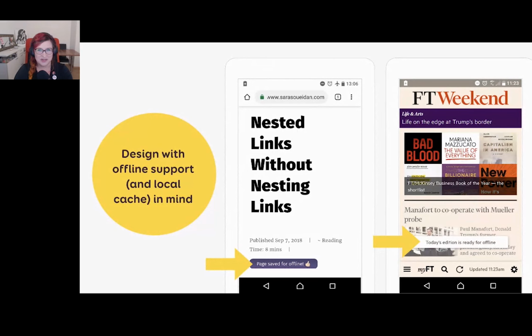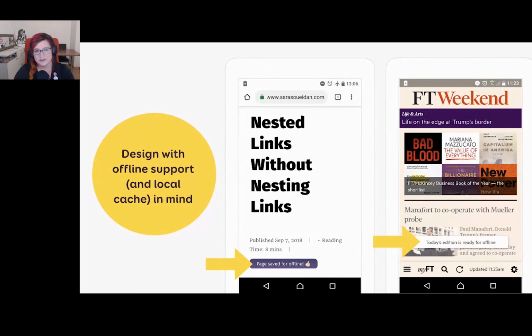Another way to deal with connection loss in native apps is to have synchronization in the background. And again, there's going to be an API for that for the web, which is good news. If you think about designing for synchronization in the background, it means I now have some use cases and new things to design. I maybe need a message to say, oh, you're offline, your email will be sent once you are online again, something like that.